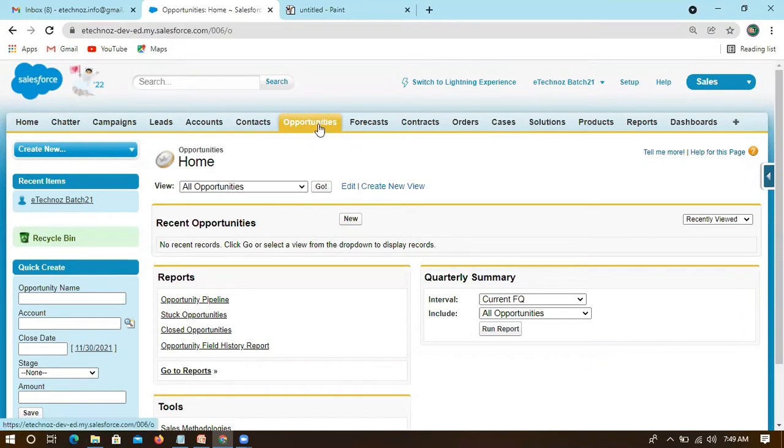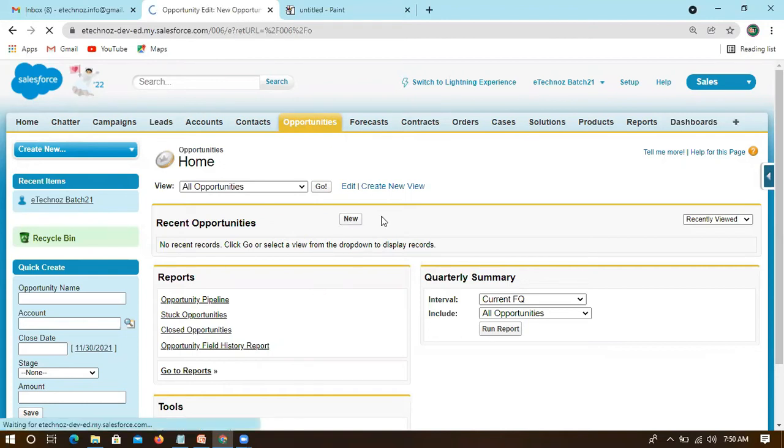Opportunity is an internal S object, and we are just seeing that object by using the tab functionality.